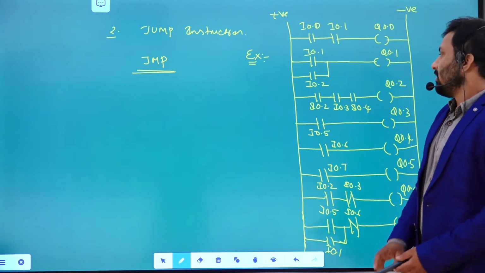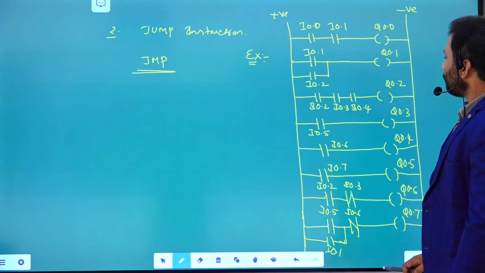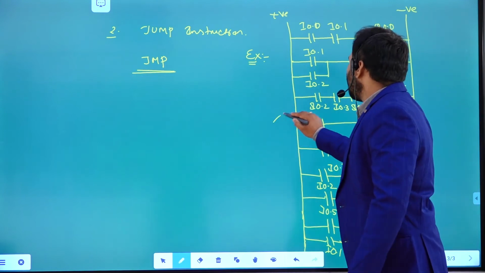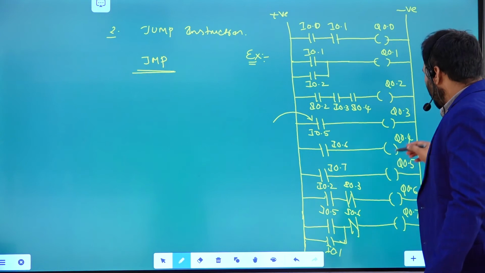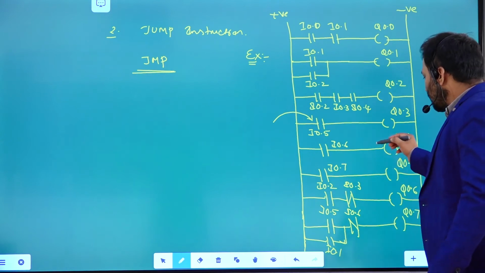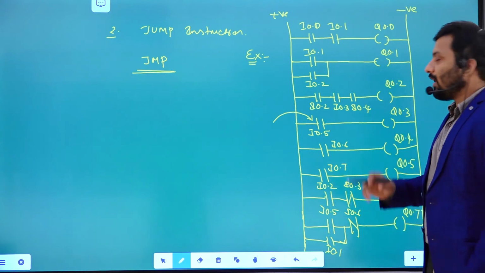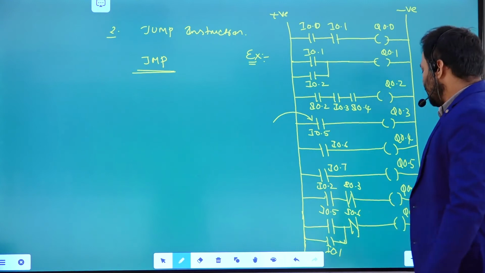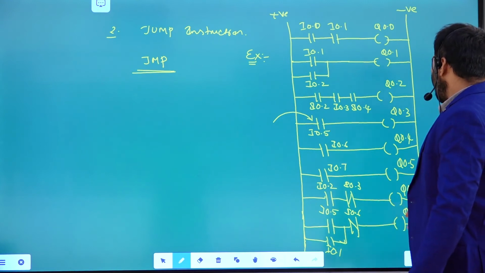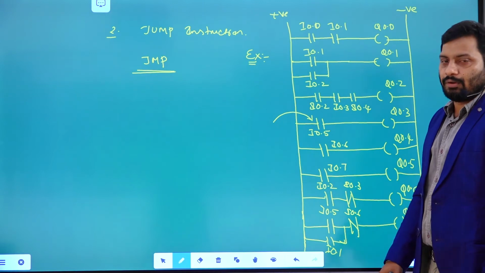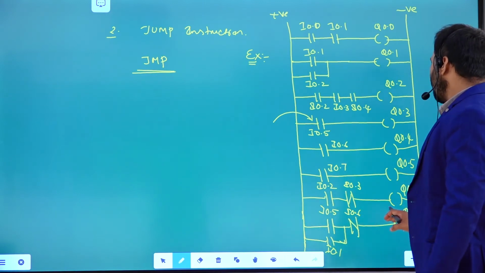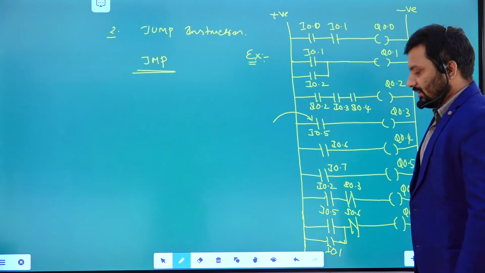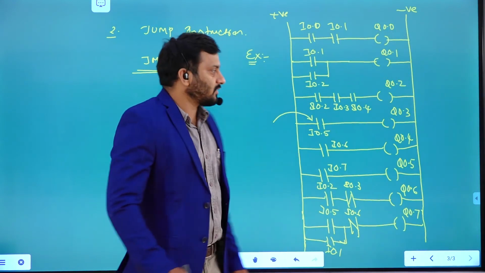Somewhere, for example in the middle, based on some input in some application, if you want to jump without executing these three rungs, we have an instruction. If you want to jump to this particular label, this particular rung, you can jump by using an instruction like this.